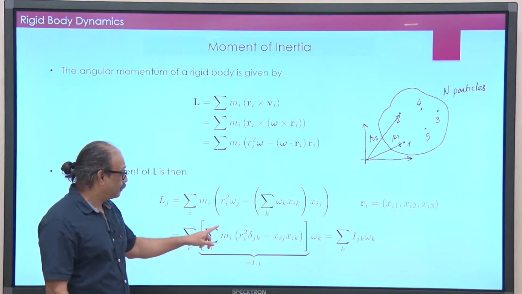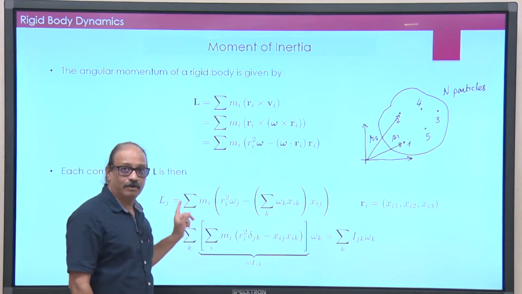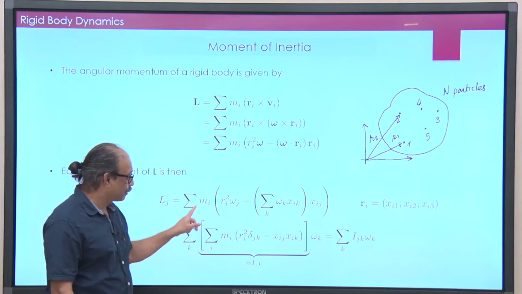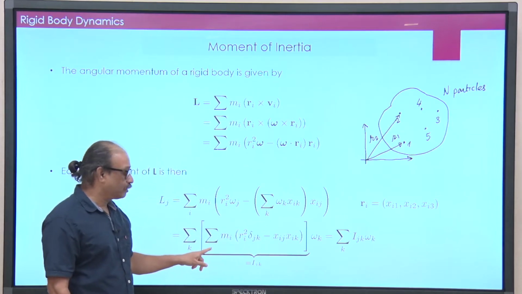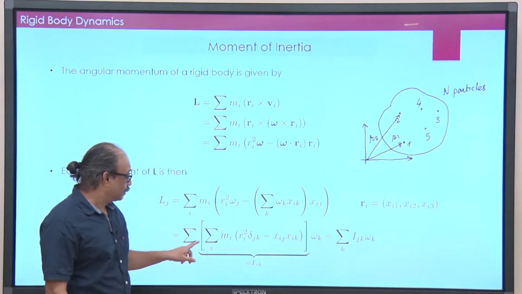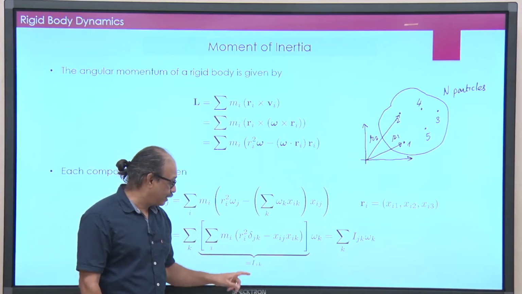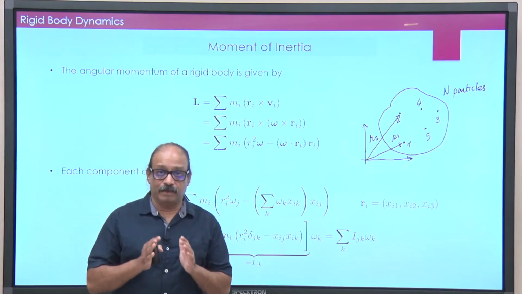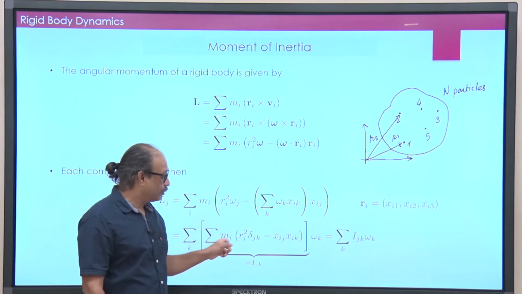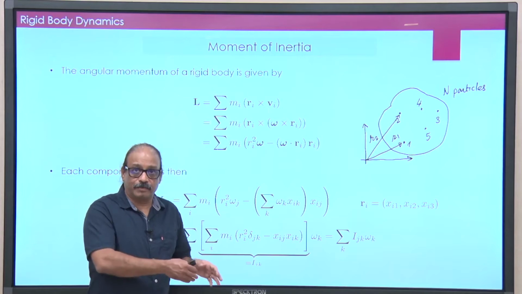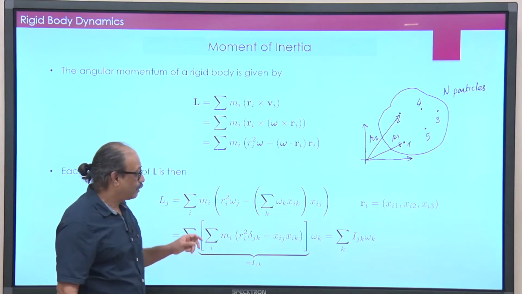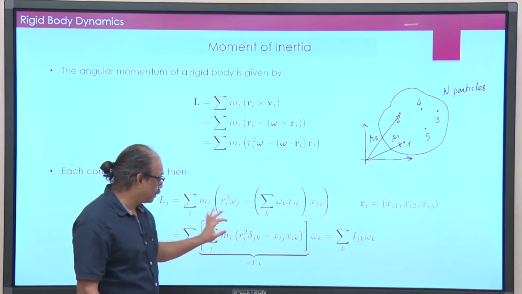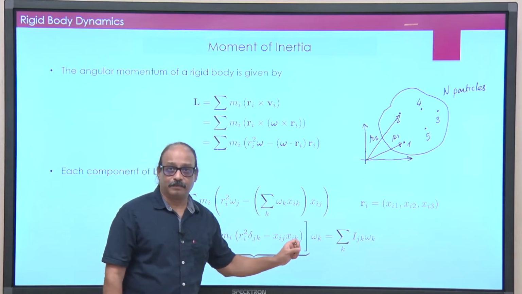So, once I do that, now there is an omega k which is common in all terms, which we will push outside. And what remains inside here is basically this summation over I, summation over particle indices, and there are two free indices j and k. I will write this quantity inside the bracket; it is now dependent only on the position vectors of the particles, which means it is a property of the rigid body and not of the omega. Omega now is outside this square bracket. So, everything that has gone inside is basically the property of the rigid body.